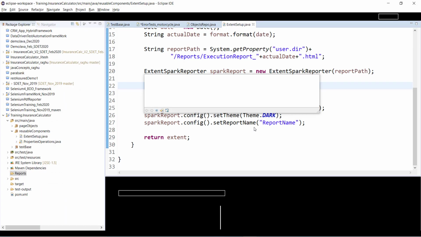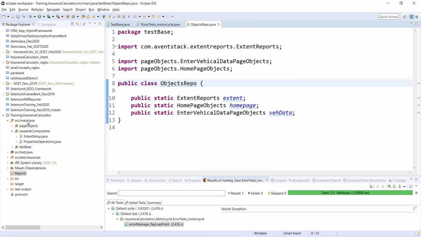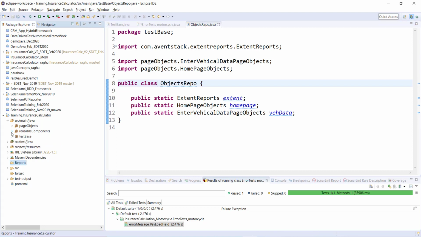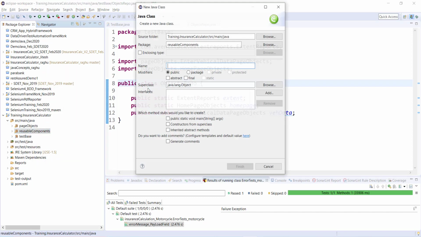Okay, now let us come to the listeners part. I'm done with this. So what I'll do is create the listeners implementation. I should do that under reusable components only. I'll say create new class, and the class name I'll give as ListenersImplementation.